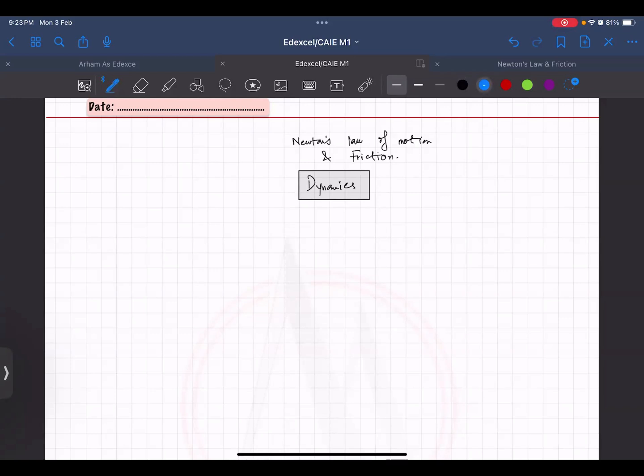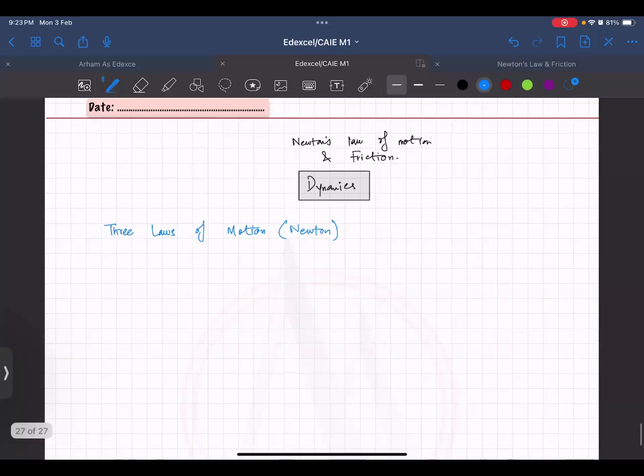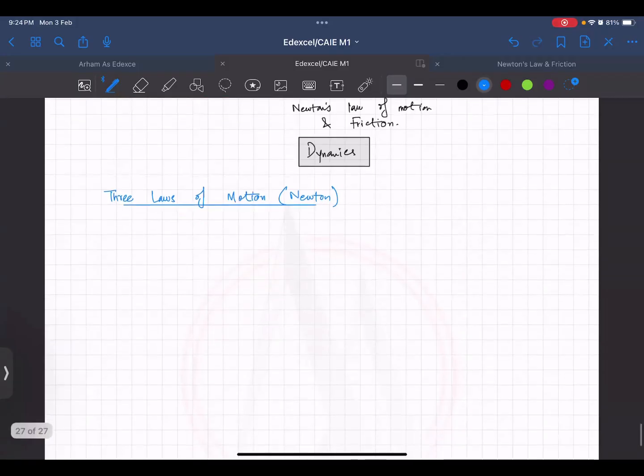Okay, so Newton's laws of motion, we have three laws of motion. I will not write all of them down. We should have the understanding. They won't ask you for the definition of Newton's laws of motion, but you should have the knowledge and understanding behind the laws of motion. First one is that any object will continue its state of rest or motion unless acted upon by an imbalanced force. This means that if something